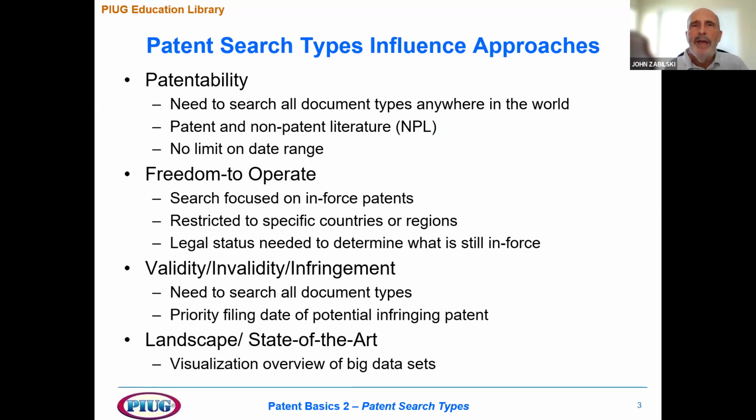Now, when running a particular patent search, the type of search will influence the approach that you need to take. For patentability, or sometimes referred to as a novelty search, you will search all document types anywhere in the world. This will include both patent documents as well as non-patent literature. There'll be no limit on the date range. You can go back all the way to the first printed document, the Gutenberg Bible, if necessary, to support your